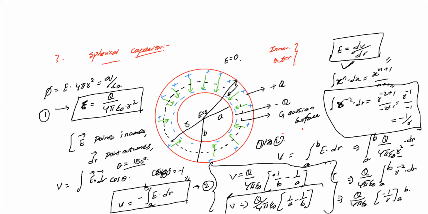And remember one more thing, this is the potential relation. I found the potential, but earlier I said theta is equal to 180 degrees, and this is only a relation. When doing this, the potential from the center to the surface, or the surface to the center, is always positive, so I'm neglecting the positive and negative term and taking only positive. Please take this relation. After that we'll discuss the capacitance.